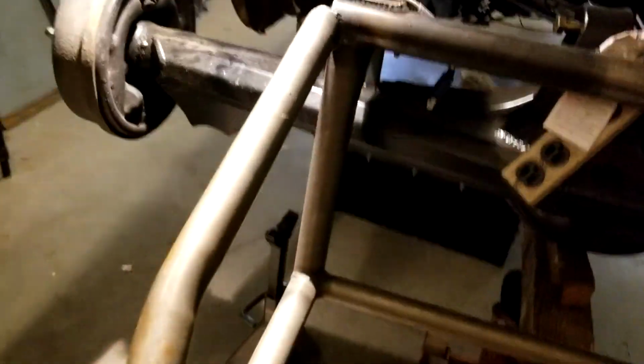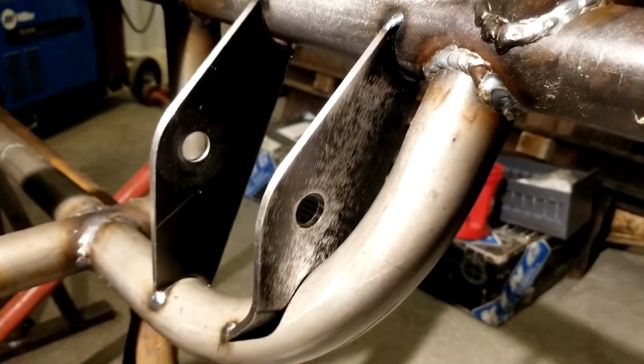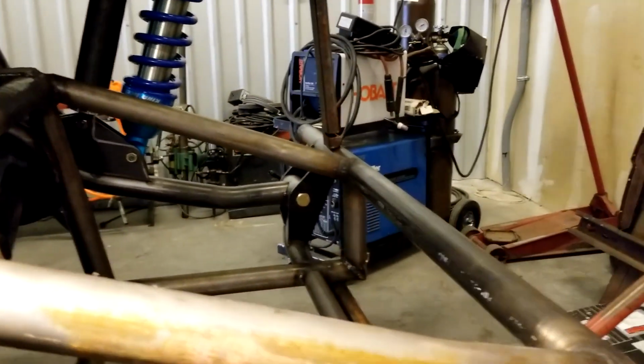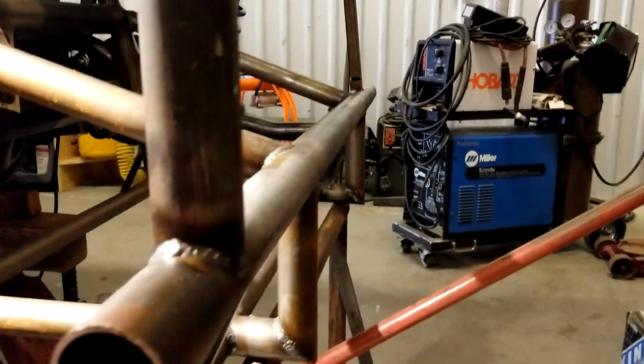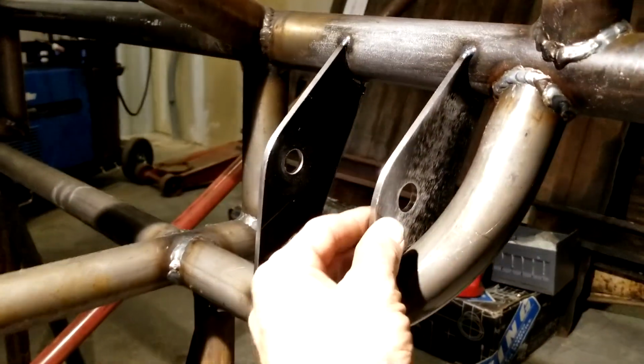Okay, we're on to the rear suspension. Before we get to any of this stuff, where we had to start was down here on our rear bar that comes across the whole back of the chassis. That's going to be our back cross member. 2-inch, 120 wall, pretty burly stuff. Went ahead and made some tabs,